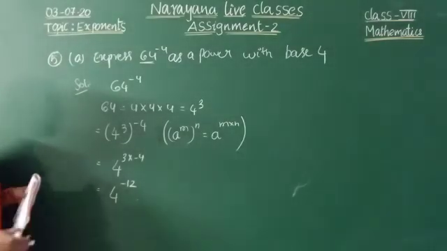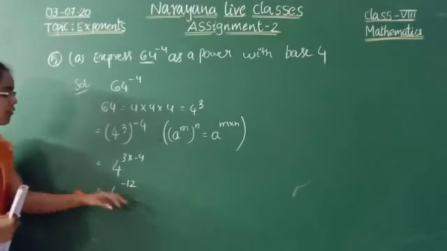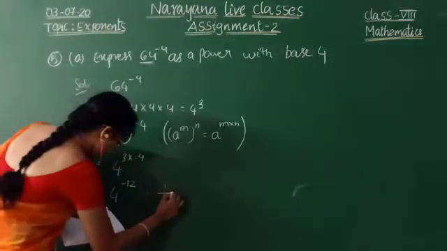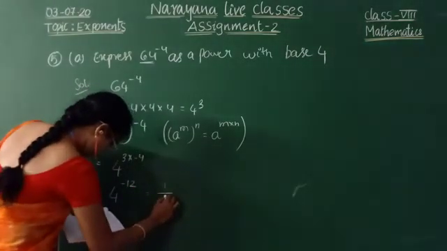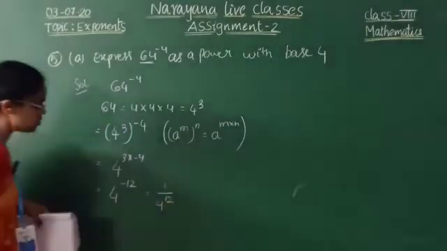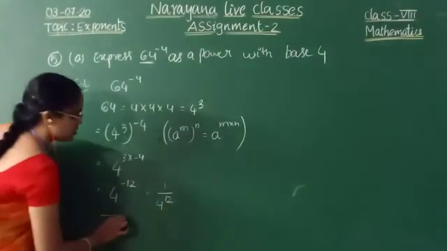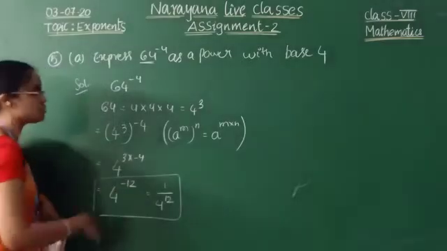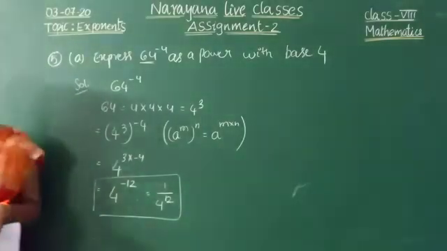So for the integral power, you have to take it into positive powers, meaning 1 by 4 power 12. You have to write 1 by 4 power 12. So these are the answers. These two are the answers. If they give any one of them, these two are the answers. This is the A bit. In the B bit,